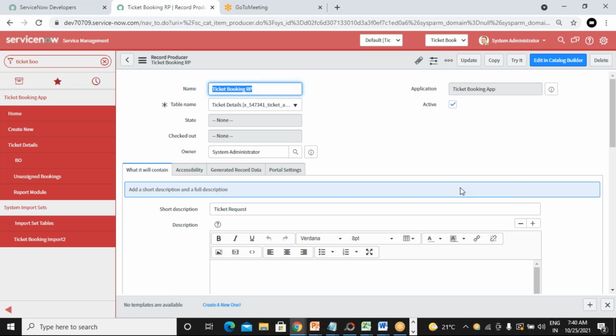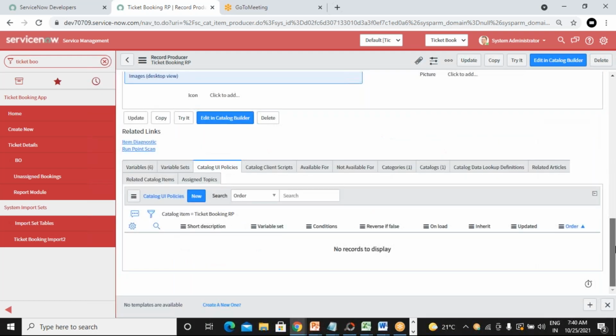The team member will fulfill that request. So there are three stages: REQ, RITM, and SC task, the catalog task. If you want to apply this validation in these three places, you have to select those three checkboxes. That is the only thing you need to consider while creating UI policies.